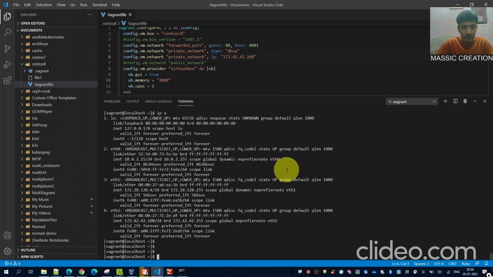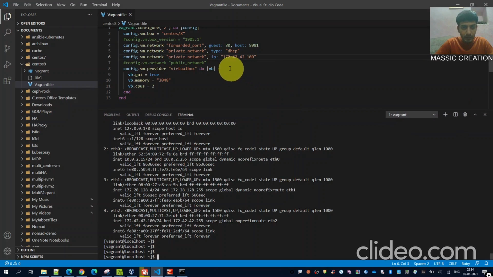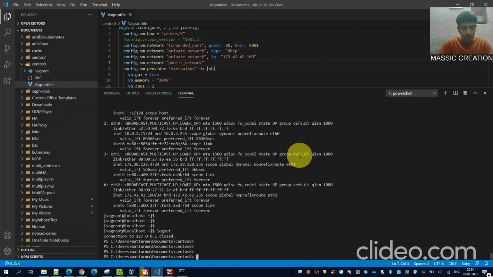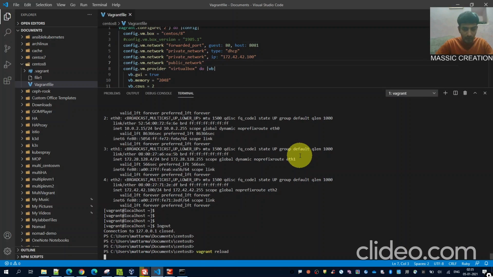Okay, so the last parameter is the public IP address. We are calling this one the bridge interface. So again I'm coming out of this VM and executing the vagrant reload command. So this bridge interface is nothing but,